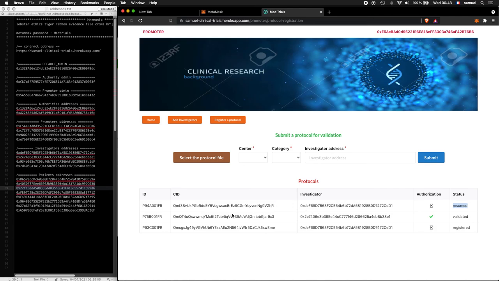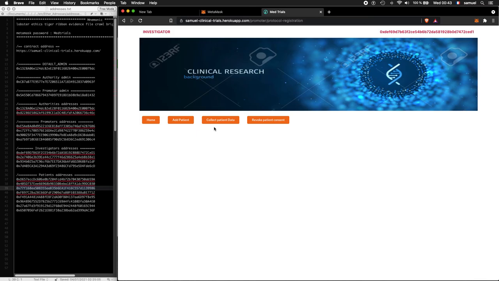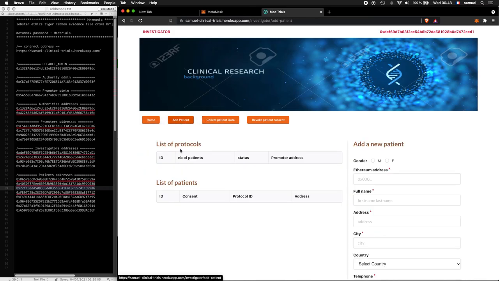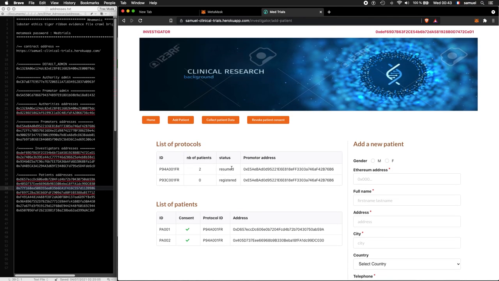Resumed means that the investigator can now enroll new patients. So if we go to the investigator page, the status also becomes resumed. So now this investigator can continue adding new patients to the protocol because it has been resumed by the authorities.